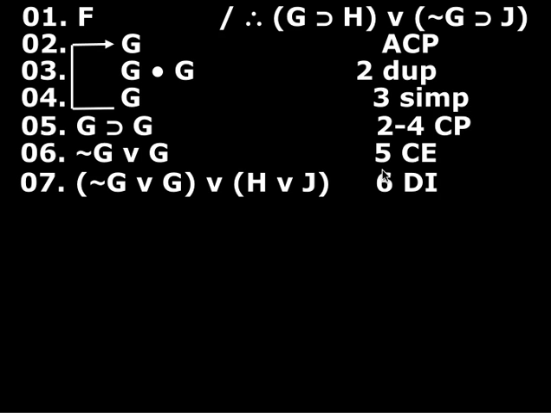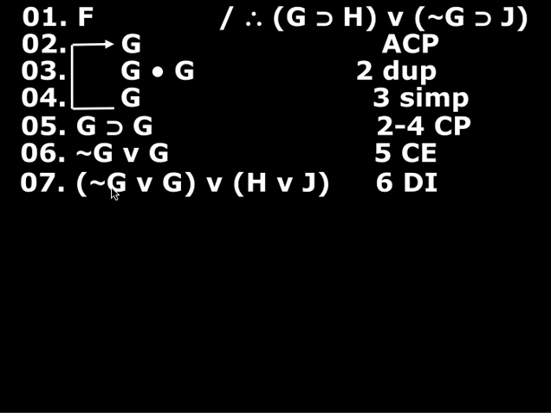Now, I'm going to use DI to disjoin this, H or J. Remember, with DI, it says if you have a statement, you can disjoin any other statement to that. Well, I've got this, and I can disjoin any statement I want. Well, I'm going to disjoin this disjunction. That's fine. Why am I doing it? Well, because now if you look,